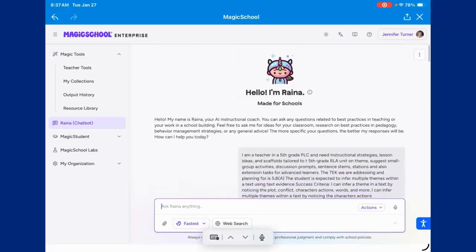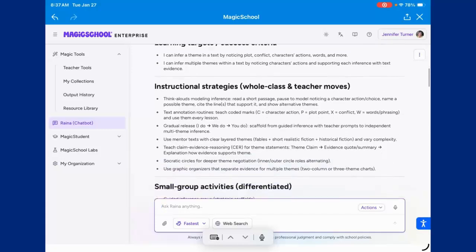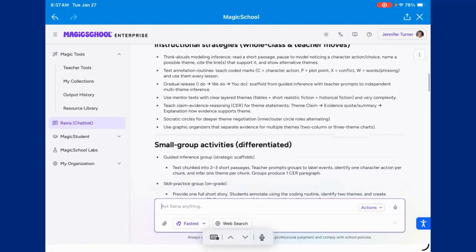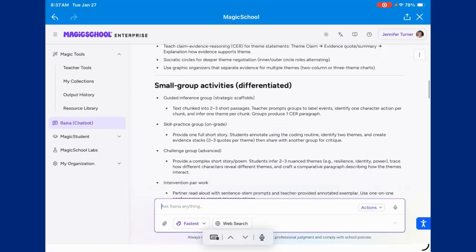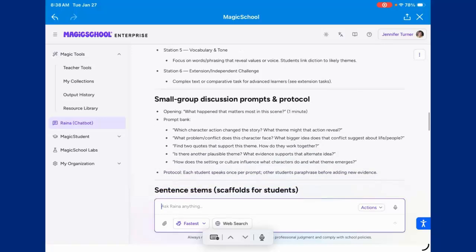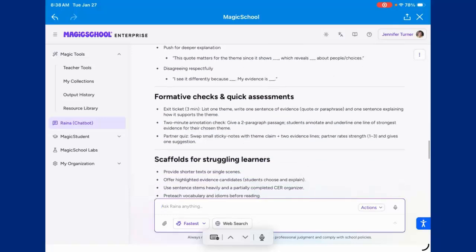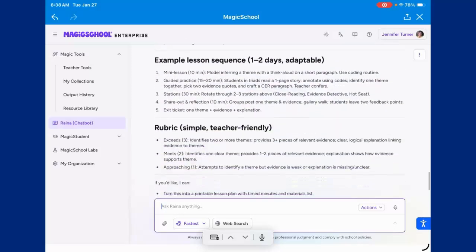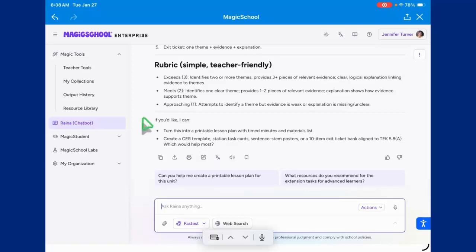So if I started back up at the top and looked, I've got my learning target. Here's where I have some instructional strategies. So this is whole class and teacher moves. And so it tells me some things I could do. I could do text annotation routines. I could do the I do, we do, you do model. It's giving me some small group activities, some stations, some small group discussion prompts, sentence stems, formative checks and quick assessments, scaffolds, extensions, lesson sequence, and then from there you can see where there might be some questions down here